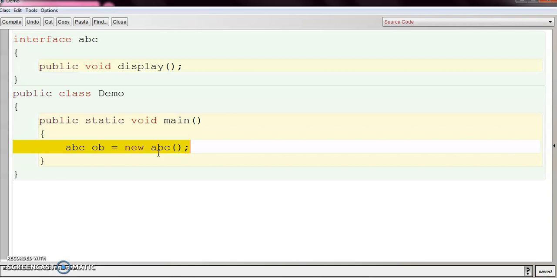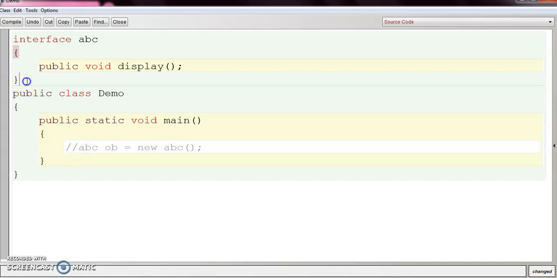Now, in order to use the interface, first let's comment it. Now, in order to use the interface, we need to implement it by a class. It is like inheriting the class, only it uses the keyword implements instead of extends.